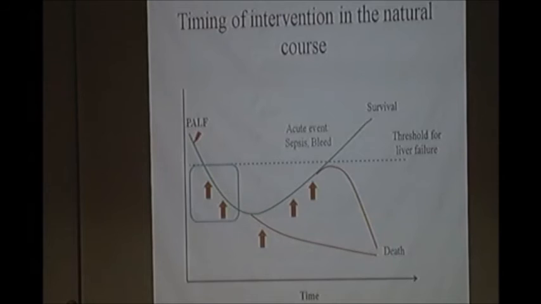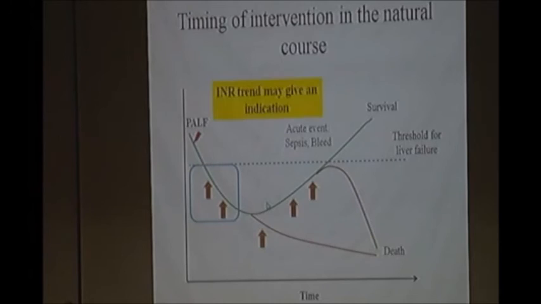Now my bet will be, when an acute insult has happened and the patient is going downhill, that is the time when there is active SIRS, and at that time you need to wash off the inflammatory mediators, and your plasmapheresis is likely to help. If you take the patient at this time point, when there is a change from damage to regeneration, we are likely to cause more harm.